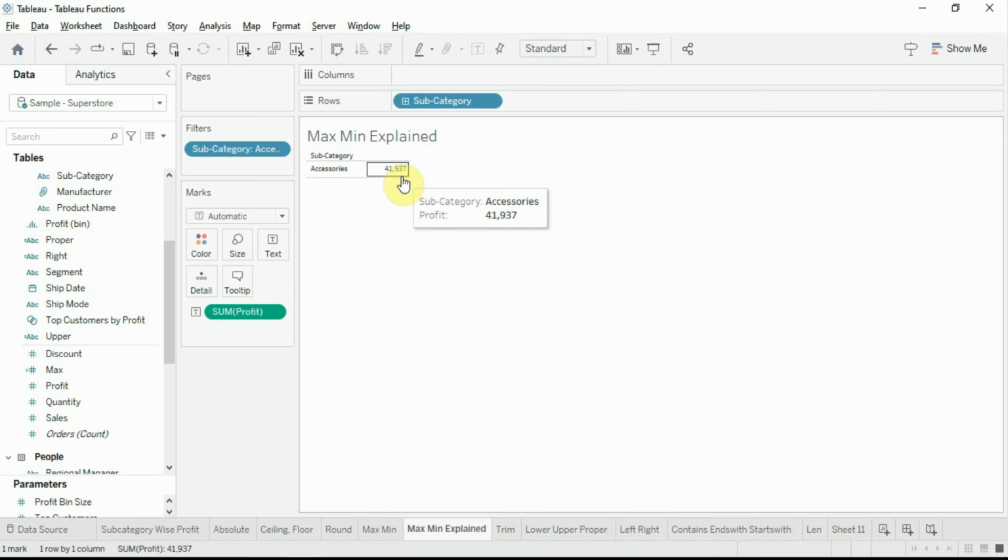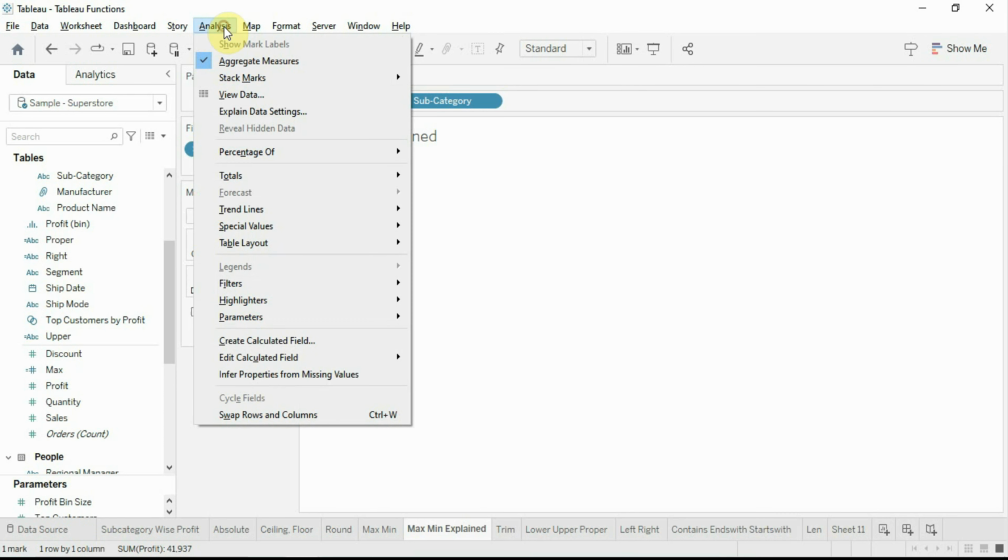It is showing profit of accessories as 41937. It is the aggregated sum of profit. It means Tableau takes all the records of accessories and then sums their profit values.